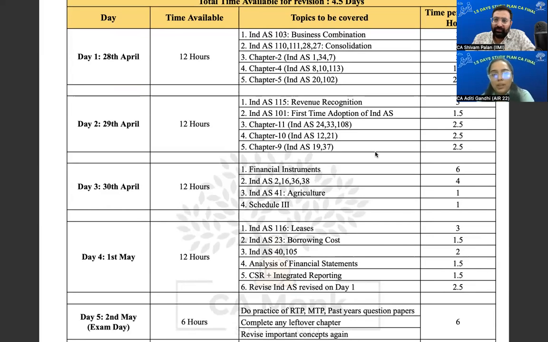उसके बाद में 12 and 21. 12 इज डेफर्ड टैक्स। डेफर्ड टैक्स इज रियली वेरी इंपॉर्टेंट, क्योंकि अगर अलग से क्वेश्चन ना भी आए, तो किसी ना किसी क्वेश्चन में डेफर्ड टैक्स का एलिमेंट ऐड करते ही हैं, जैसे एडजस्टमेंट ऐड कर देते हैं। तो वो भी बहुत अच्छे से कवर करना है। क्लियर होना चाहिए कि कब डेफर्ड टैक्स एसेट बन रहा है, लायबिलिटी बन रहा है। उसके हम स्टडी मैट के क्वेश्चंस भी प्रैक्टिस कर सकते हैं। और बिजनेस कॉम्बिनेशन वाले चैप्टर में डेफर्ड टैक्स का बहुत यूज होता है, तो वो ध्यान रखना है।